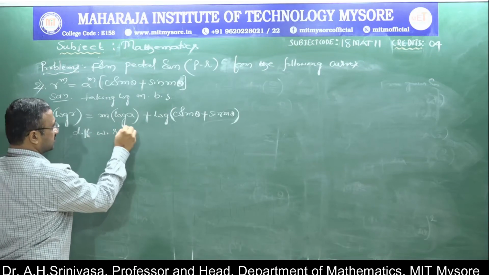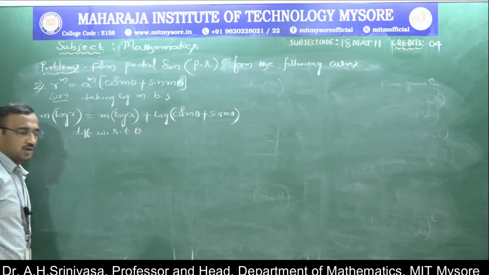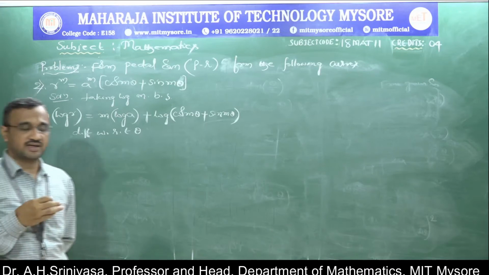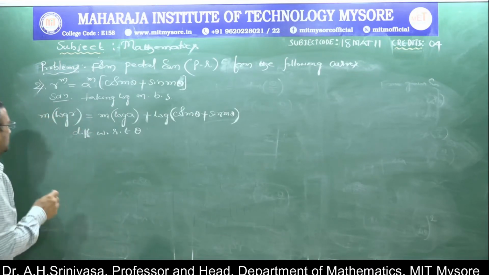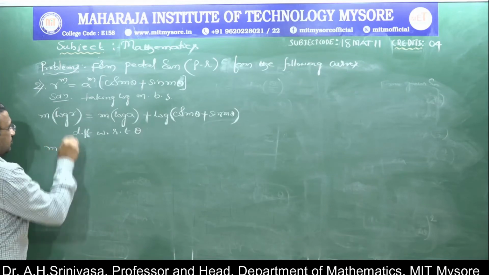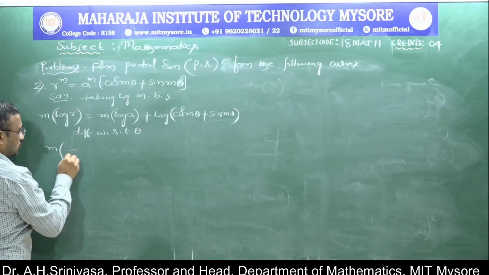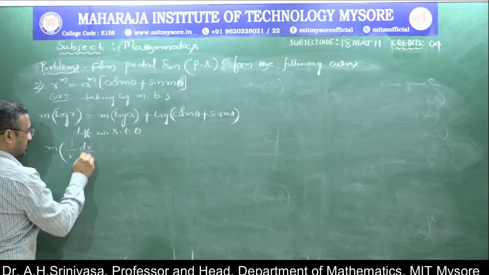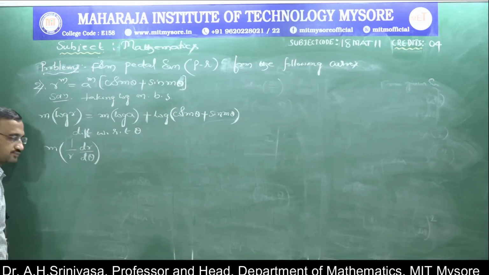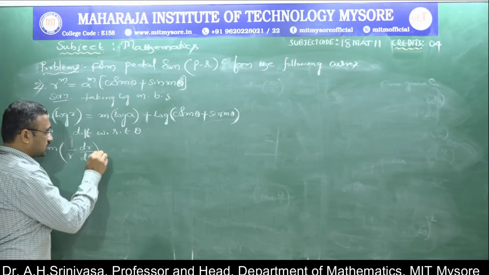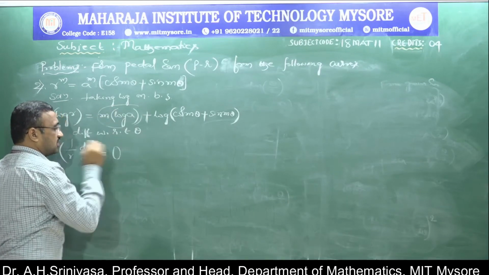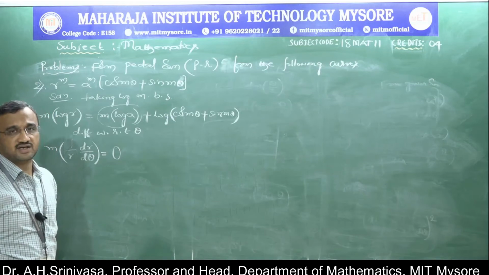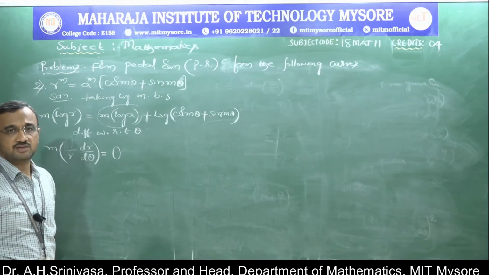Now differentiate with respect to theta. Now it comes in simplified form, then we directly go for differentiation with respect to theta. Now log R is 1 by R dr by d theta, which should be equal to, this is entirely a constant term. The differentiation of a constant term with respect to theta, any variable, the function becomes 0.